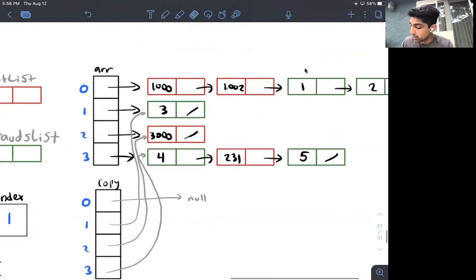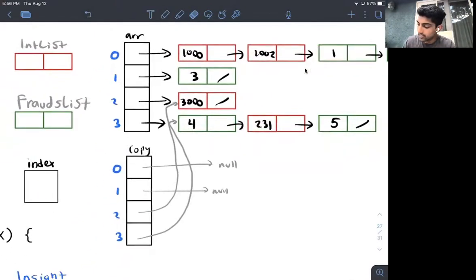When I get to 1, I say, okay, it started at 3. Then we set it to the next link, which is null. So then I go to index 2, and then index 3, and then finally, index is going to hit 4, upon which we know we've looked at everybody in the entire array, so we're done.